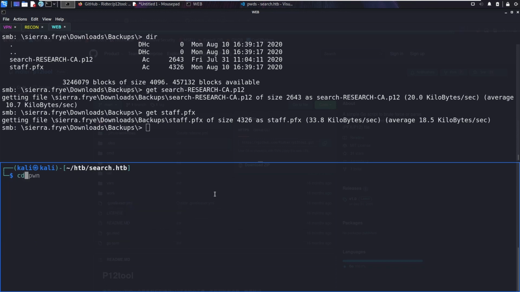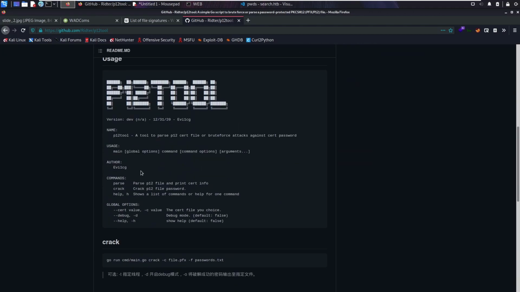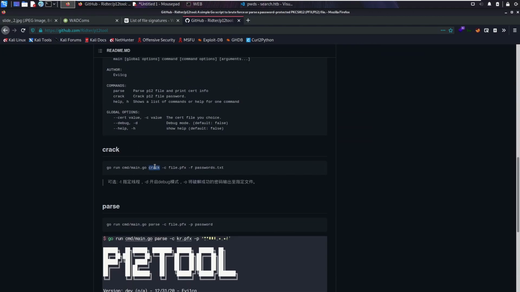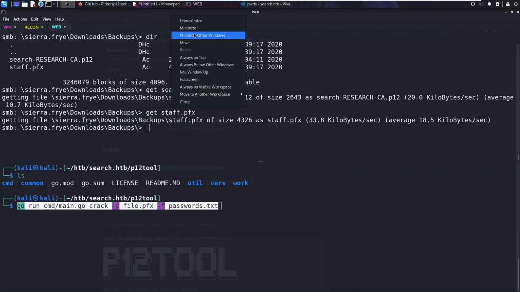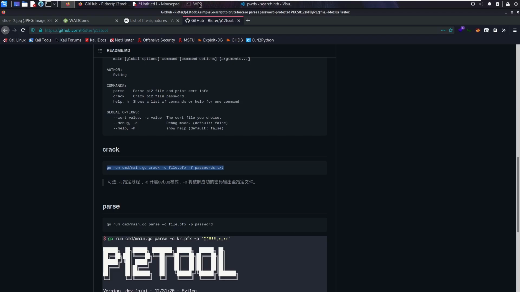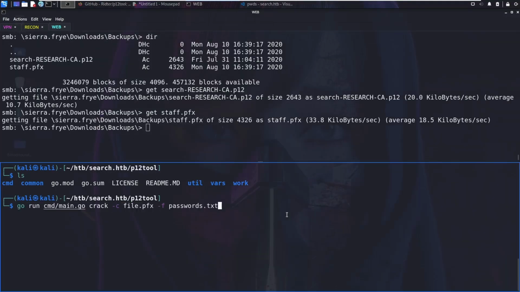Sweet, that's now installed. CD into P12 tool. There's a command on the website that basically says we need to run this. It's written in Go, so you have to run it with the Go interpreter. Cool, minimize everything else. So the password.txt will be